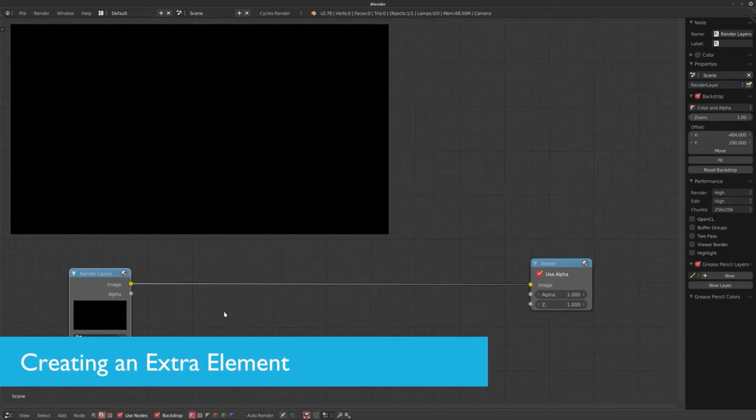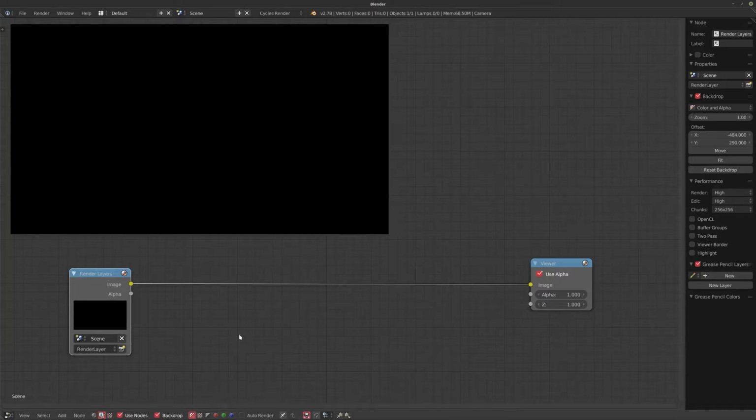In this video, we're going to have a quick look at how to create something like a lens flare. And you could apply this technique in multiple different ways and to multiple different things. But I just want to talk about how you can create a bunch of custom effects within Blender's Compositor to use and reuse even in other projects.